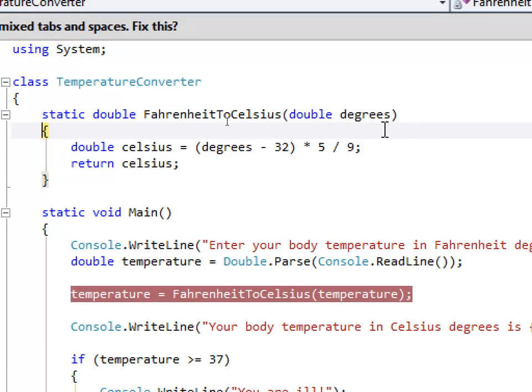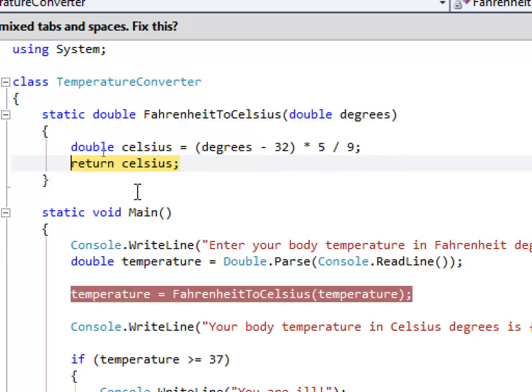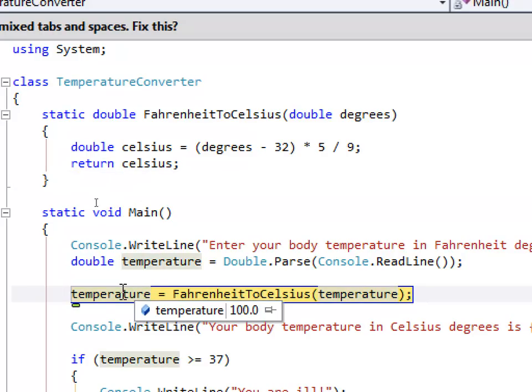Here we are. So we build the expression, we get the result, and we're returning the value. So we are returning from the method, and we're putting the value back. Right now our value is 100, but after we have returned the value from the call,